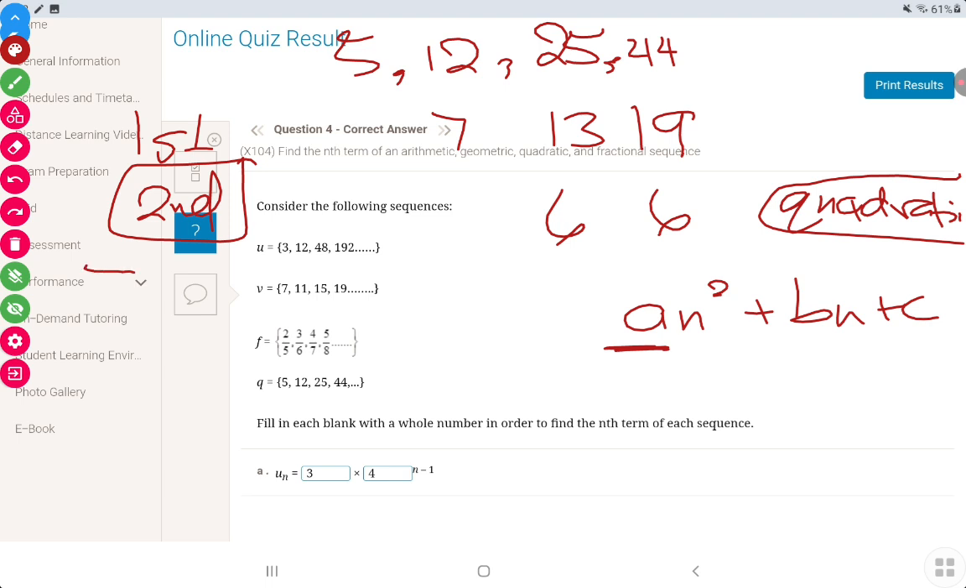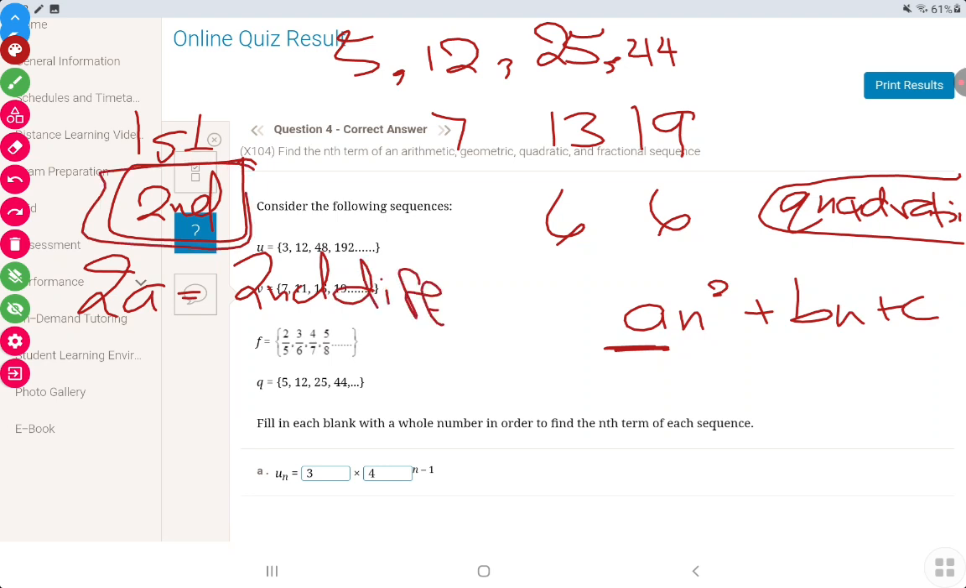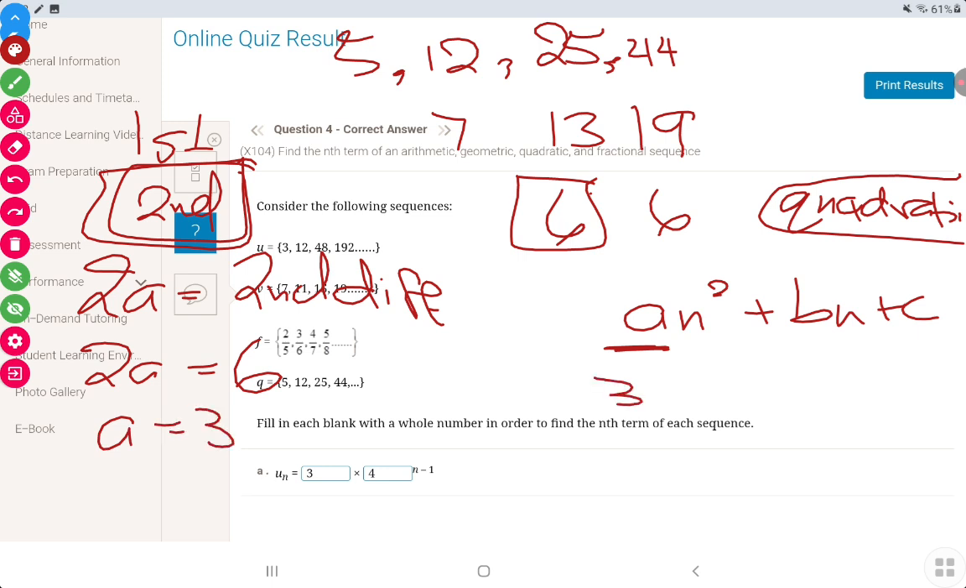The formula for a is 2a equals second difference. Second difference means the first number in the second set of differences, which is 6. So 2a equals 6, a is equal to 3. So 3n squared plus